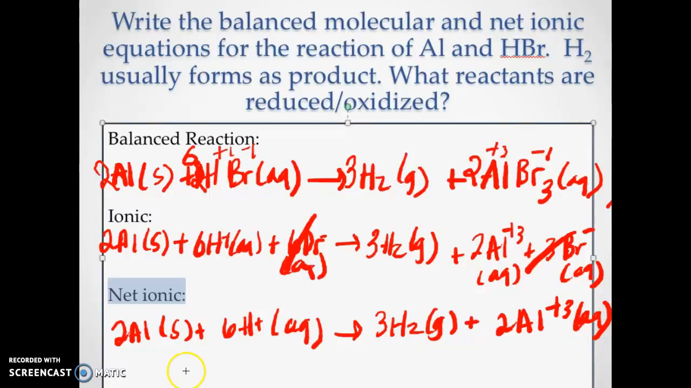And now that we have our net ionic equation, we can find the oxidation numbers. Aluminum is in elemental form, so it's 0. This is